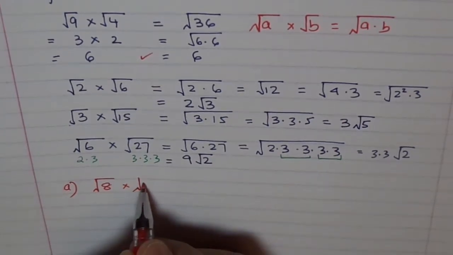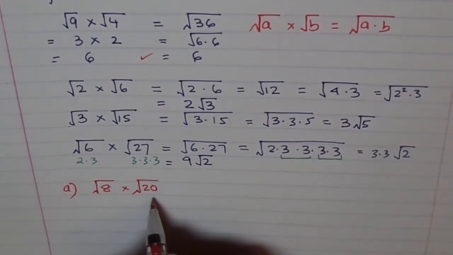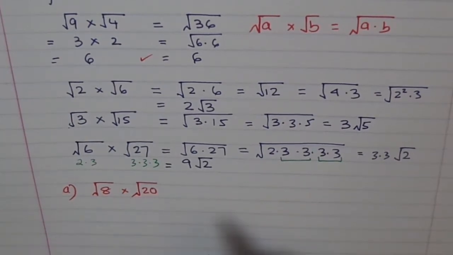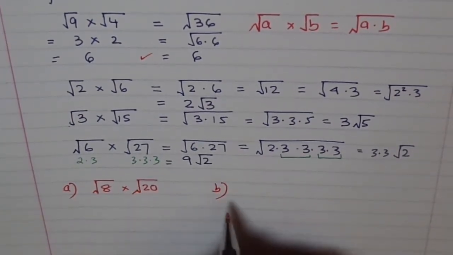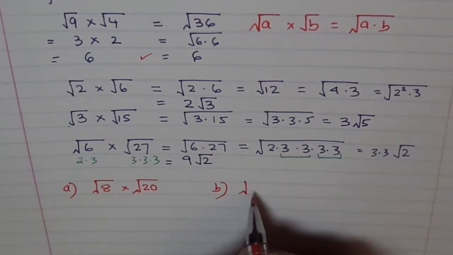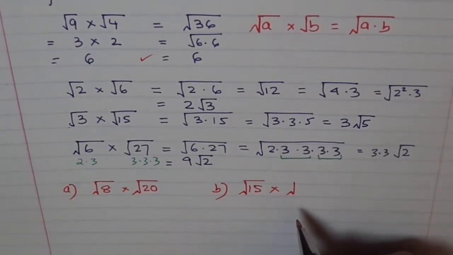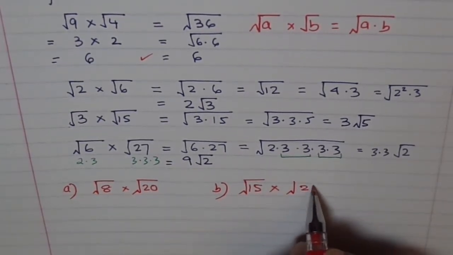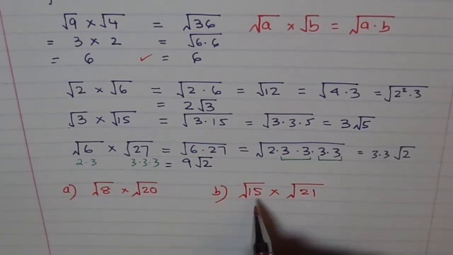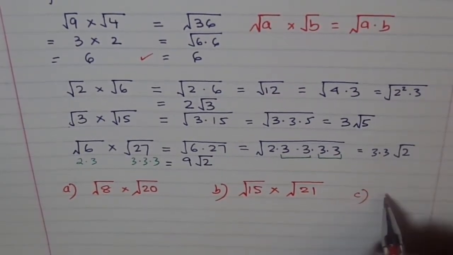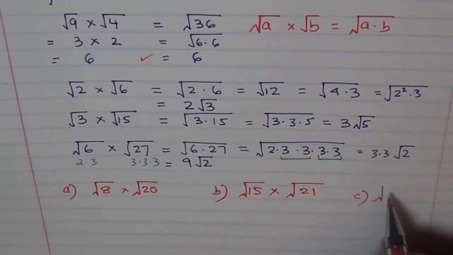Let me take a number 20, correct? 20 has 4 and 5 as a factor. You can find when you multiply this, what do you get? B. We can have a number like 15. 15 has 3 and 5 as a factor. So you can multiply this and you can have a number 21. Correct? You can try this out. What do you get? One more problem I'll put here as number 36